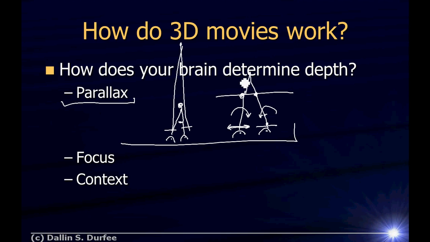So the 3D movies we see aren't perfect because your brain is also looking at how your eye has to focus on things. Now, this is the dominant one, and so the movies still look 3D, even though your individual eyeballs are focusing on the screen. Your brain still thinks the thing's back there.